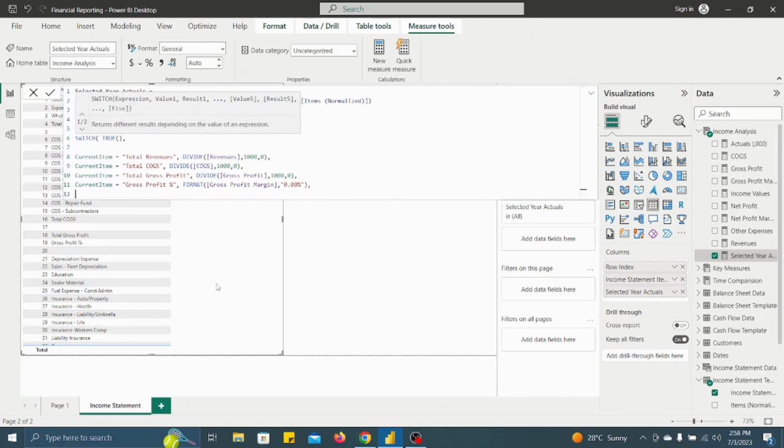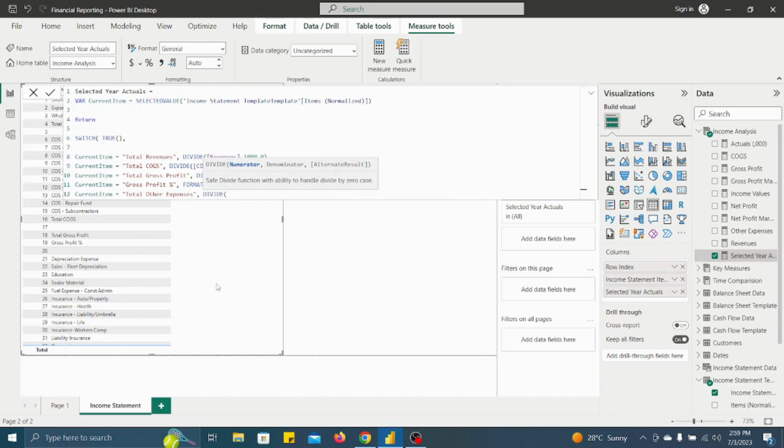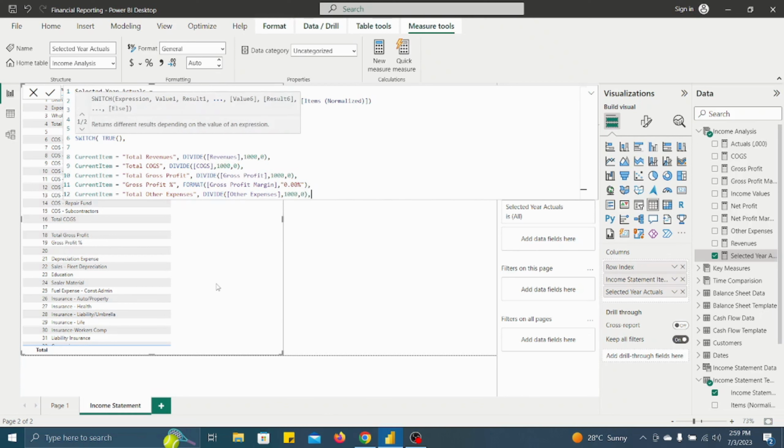Then again current item, total other expenses, other expenses by 1000, then net profit and net profit percentage remain. So